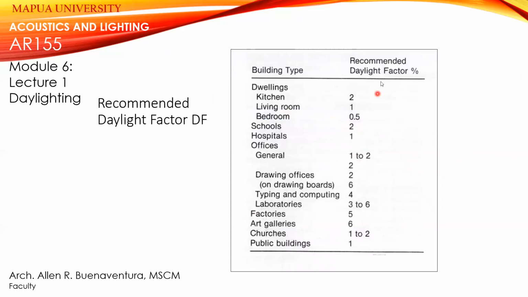So this is the daylighting factor. As you can see, daylight factor in percentage. As you can see, this is 2, 1.5, 2, 1. So these are the different daylighting factors. So you can experiment on how to calculate the daylighting factor, and this is the recommended. If you go below this daylighting factor recommendation, it means that you are not designing according to the standard. So you need to attain or create a proper daylighting factor percentage inside the room.